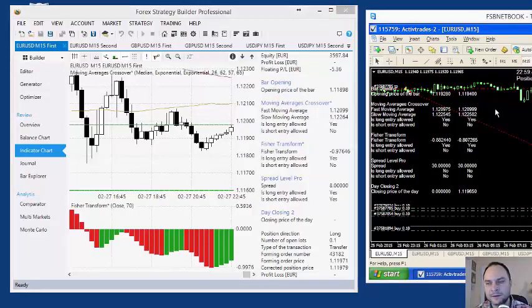Why is it different? 1.1194. Bar opening is different. Is that the last bar? Oh yes, it was not the last bar selected. So you see here the information is dynamic, and I have to point the marker on the last bar. So now I have here